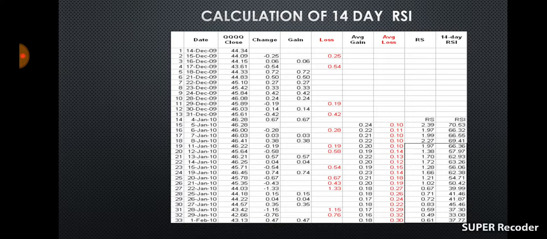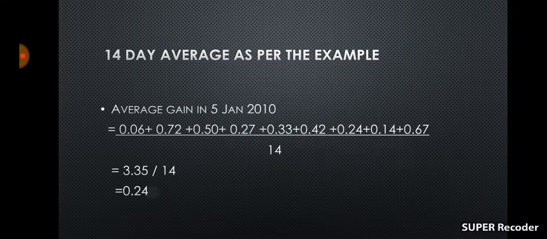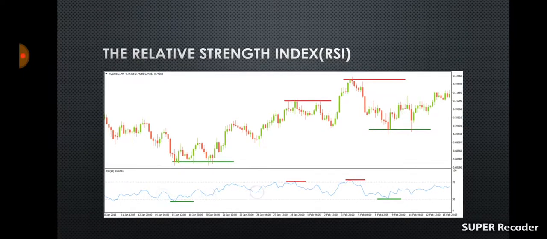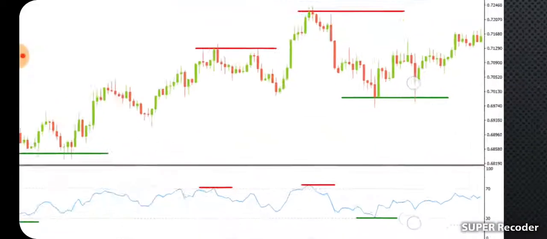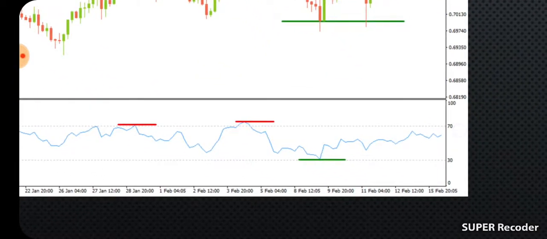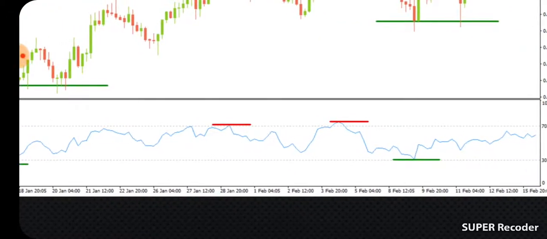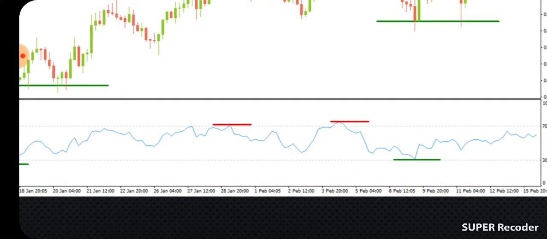Likewise we can calculate all the relative strength indexes, and we plot these RSI values in a graph. On the basis of that we can decide whether to sell or buy that security. This is the relative strength index graph, with levels at 70 and 20. If the RSI graph is around the 70 level, a stock is considered overbought and we should consider selling.